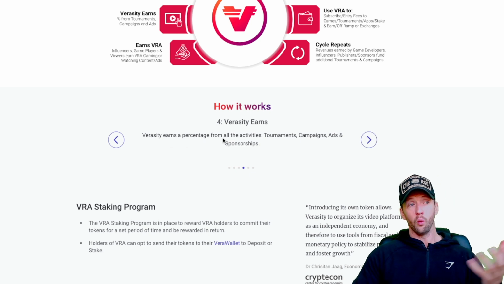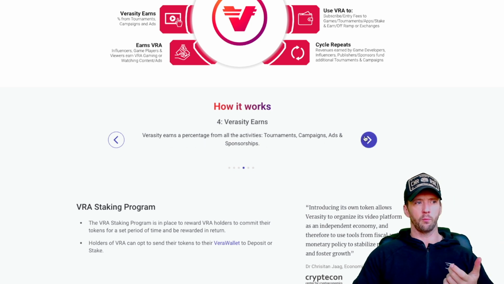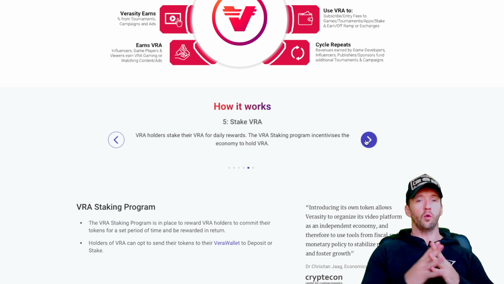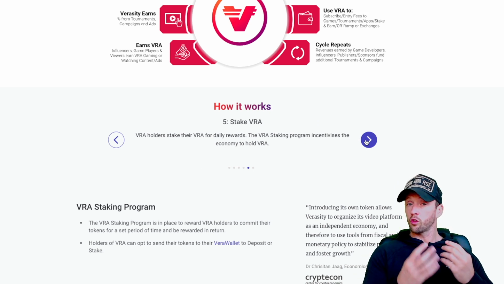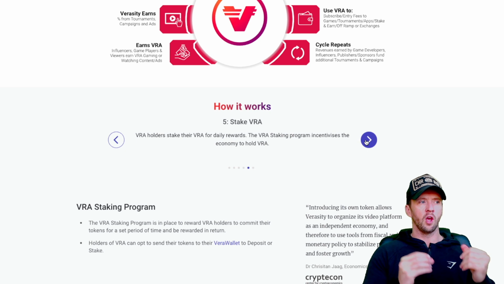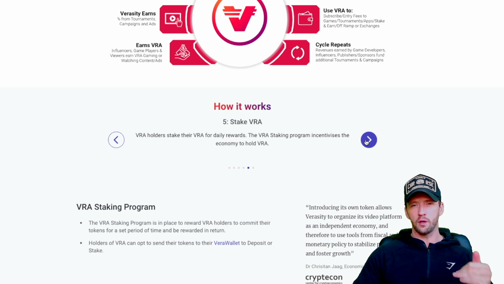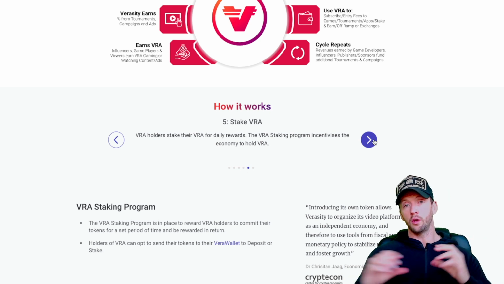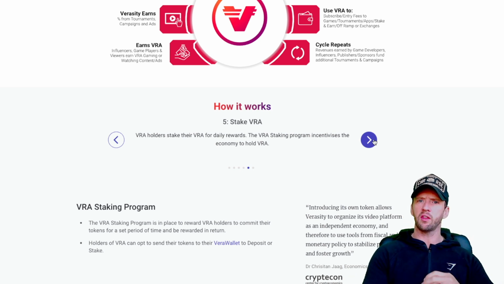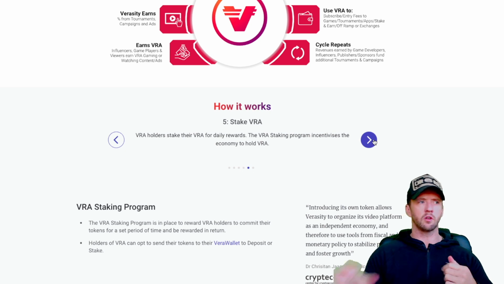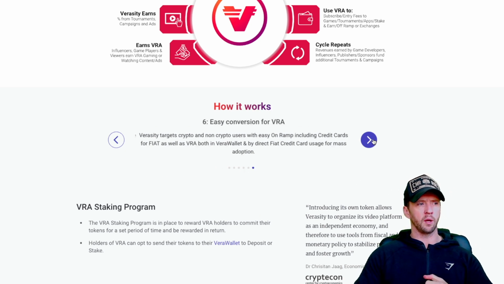So here it says what I just said, earn a percentage from all the activities. And also the big thing that we said was the stake in VRA. It's offering some mammoth 25.5% returns. Now, I know you can go on the likes of PancakeSwap, even Bondly, I think, at the moment, and earn some crazy returns on that. But I think for the longevity of things, I think VRA will be up there.